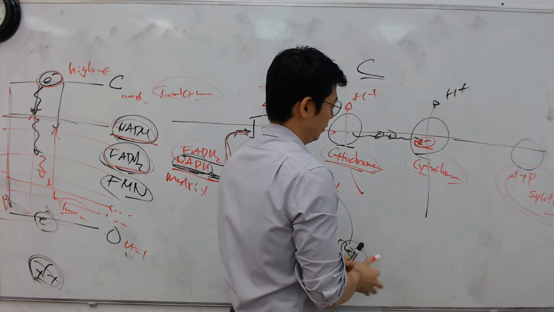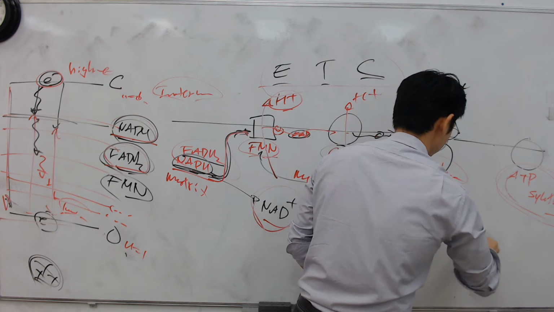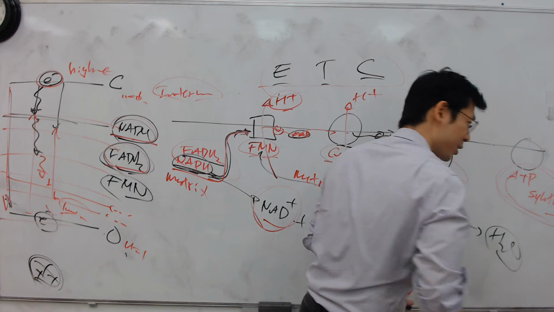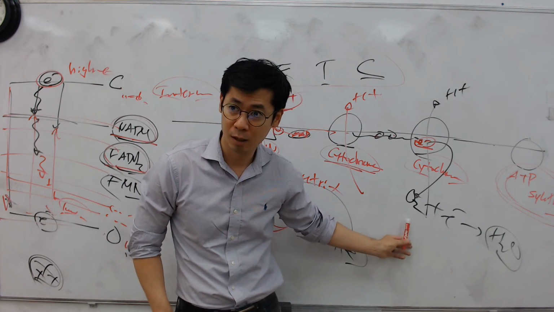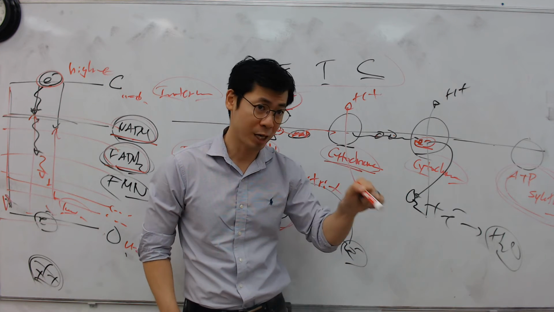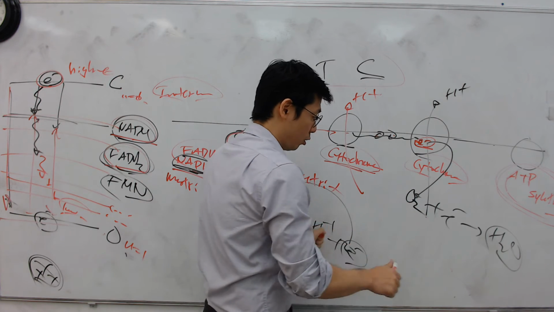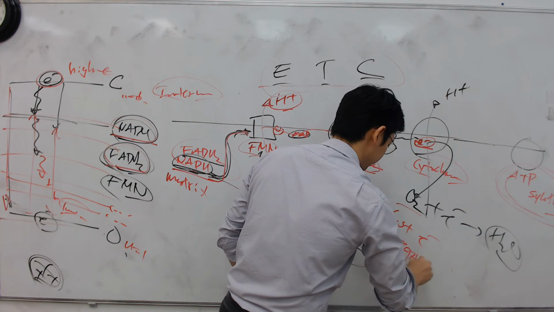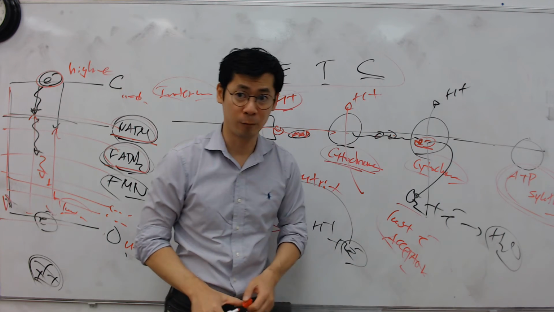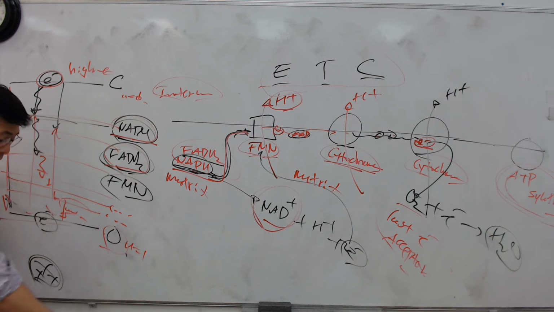What happens? O2 gas takes the electron away and turns into H2O. So you breathe in O2 gas, and in the electron transport chain, this is what the O2 is used for. They call this the last electron acceptor. It's called the last electron acceptor for the electron transport chain. So it comes down to the O2, right there. Look at this.